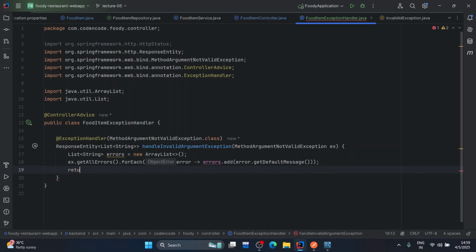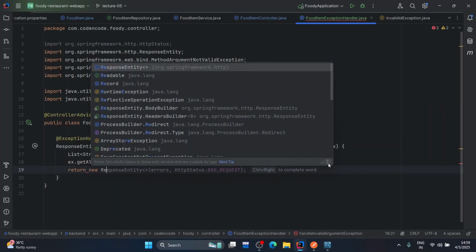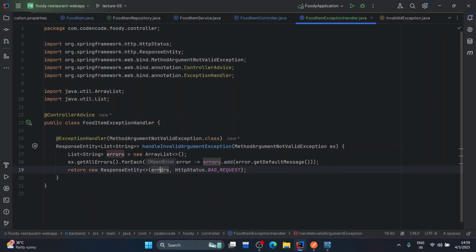From here I can return a new response entity with all of the errors and with the status code bad request. So what we are doing here, first of all, this object contains all of the error messages, and for each error message we are going through the for each loop. So using get all errors, you will get a list of errors and you can apply a for each loop there. So for each error, what I'm doing now, I'm getting the default message, which is basically the messages that